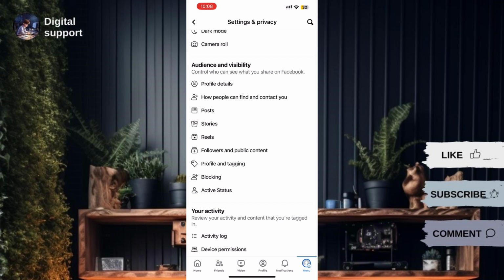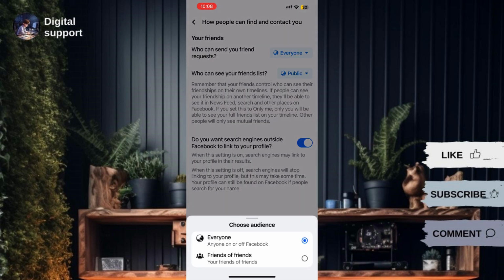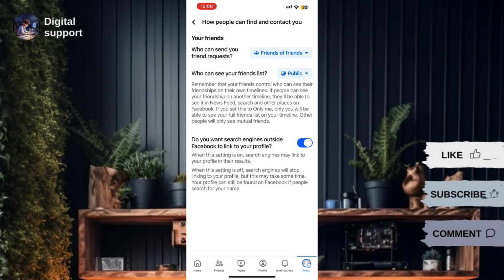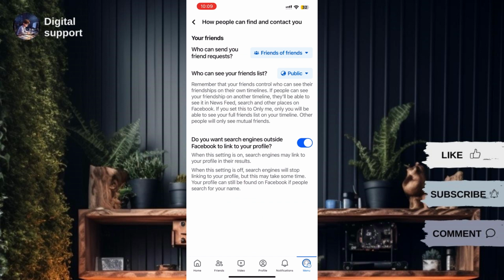Here, you can customize various settings to control who can see your profile information and activities. Start by limiting who can see your contact details such as email and mobile number by setting it to Only Me. Configure how people can find and contact you on the platform. Ensure that you select options like Only Me, Friends, or Friends of Friends for each activity to prevent unrestricted public